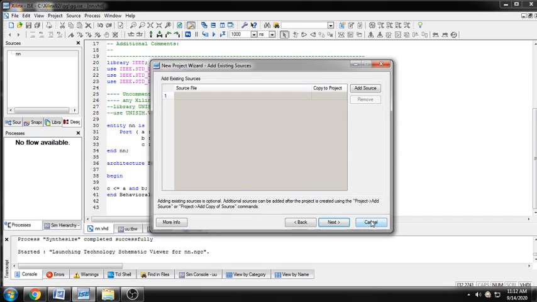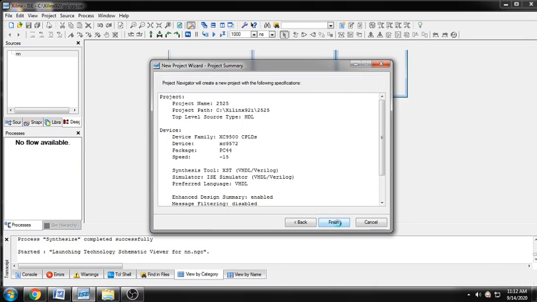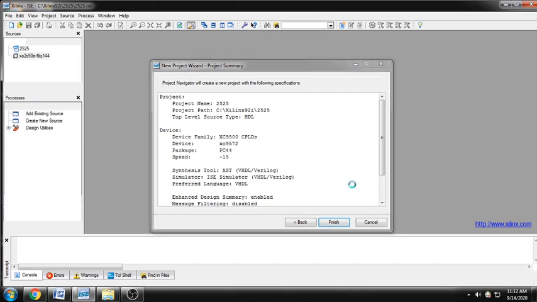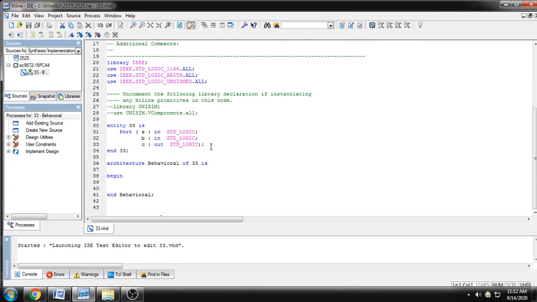There is a summary, and you are going to perform the practical over this. This is the window where you have to write the program. The program would be C assigned A and B.